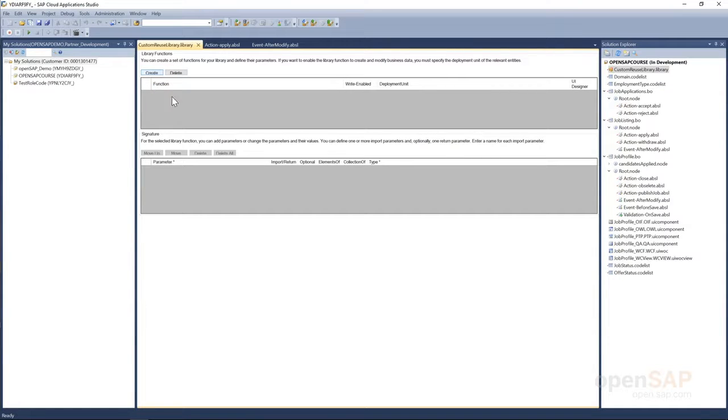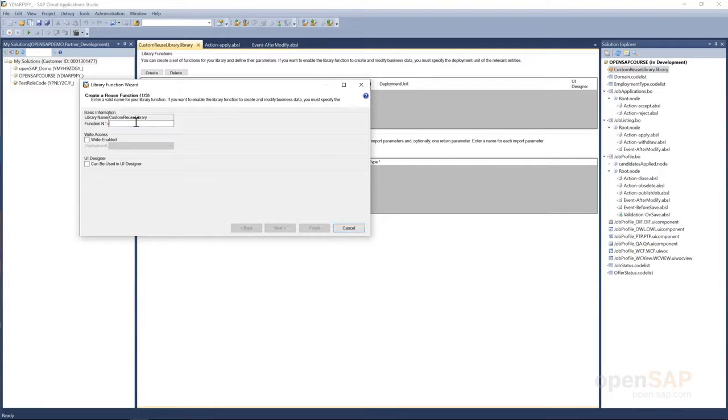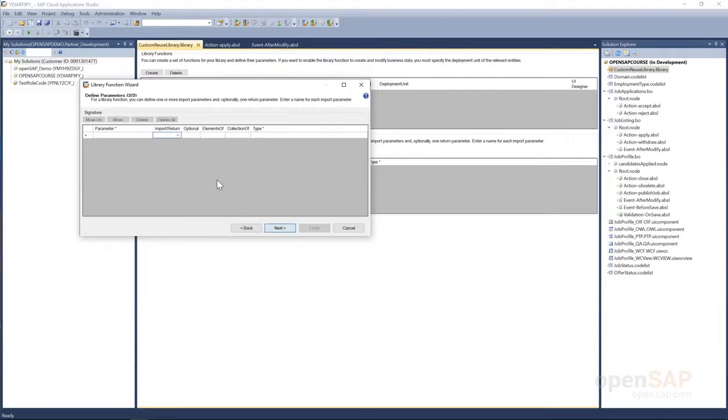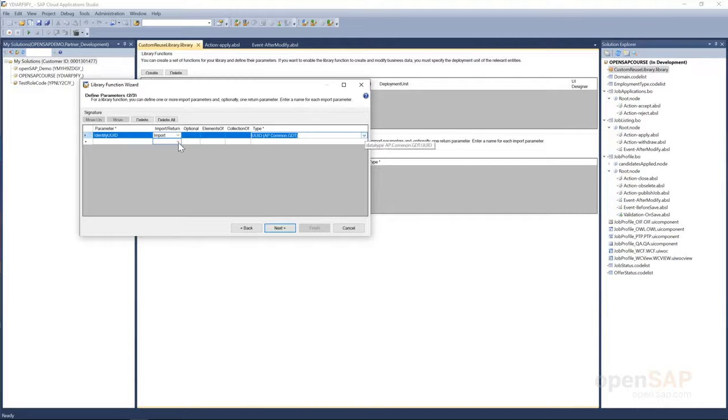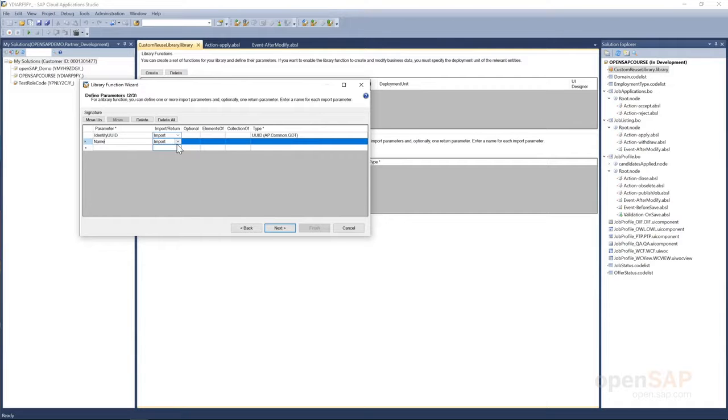So, I would go ahead and create one function, and let me say this as identity, and the parameter would be identity UUID, importing parameter, of the type UUID, and the returning parameter as name, change this to returning parameter,